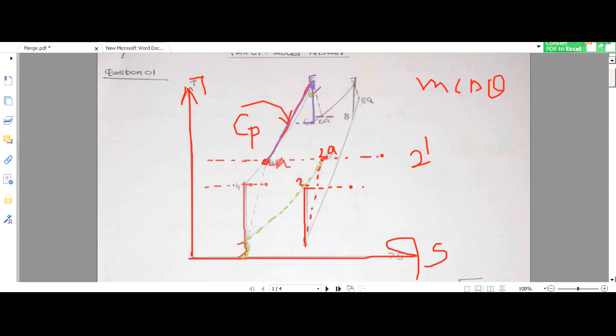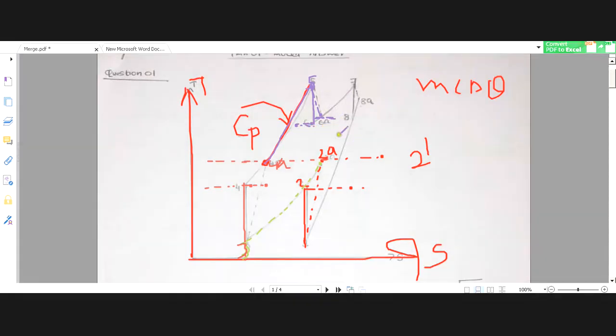Because if the length from 5 to 6 is higher, that means higher work. So the length from 5 to 6a is lesser than 6. See, 6a is at a lesser level than the level of 6. So the length 5 to 6 is higher than length 5 to 6a, right? That means this length is lesser than this length, the length from 5 to 6. Okay, so now that is also clear.